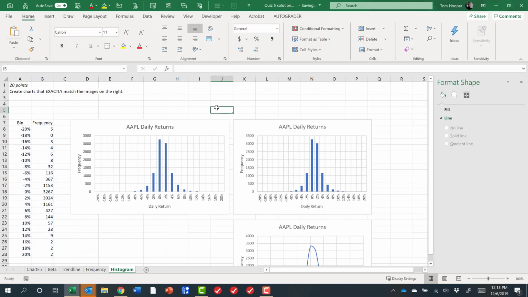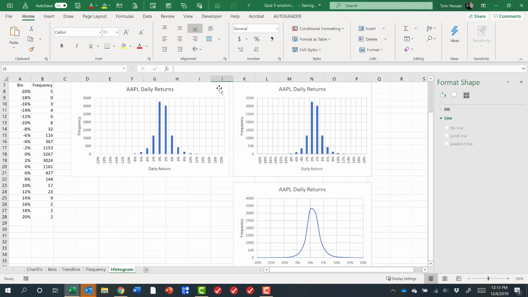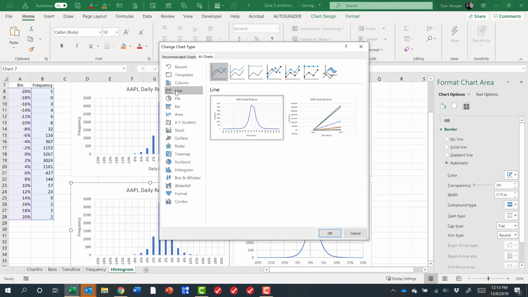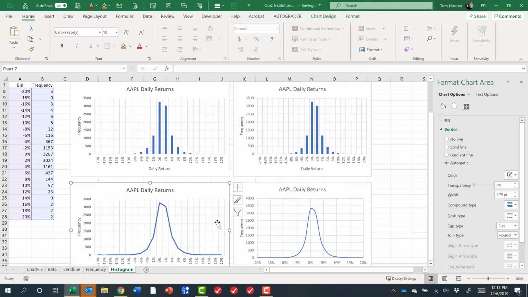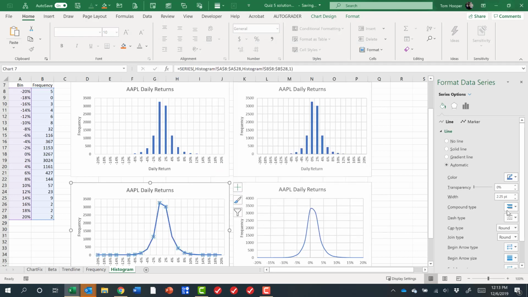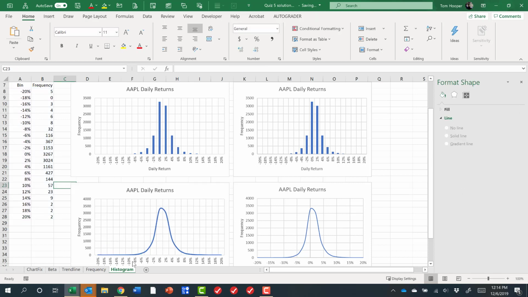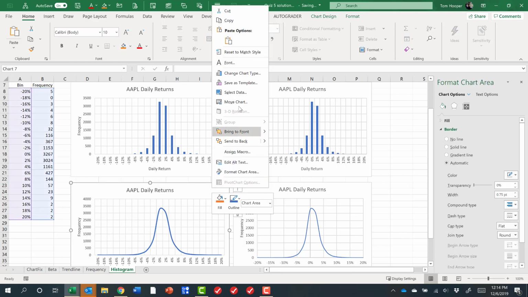After we have the chart the way we want it, we can click on it, hold down the Control key and copy it, and then change the chart type. We can do it with a line chart. We'll have to come in and smooth the line. But then we'd have a very hard time getting our data labels to match up. I went ahead and gave credit if you did it that way, but the way that I had in mind